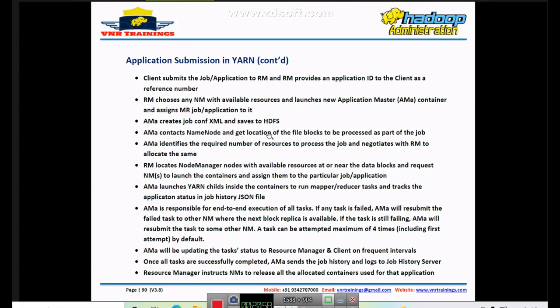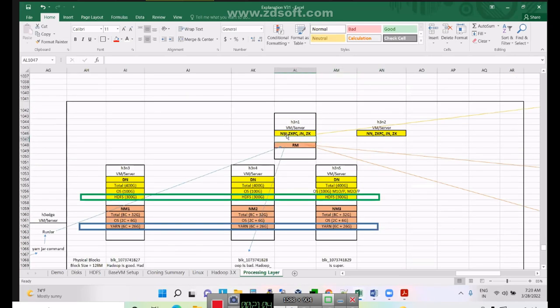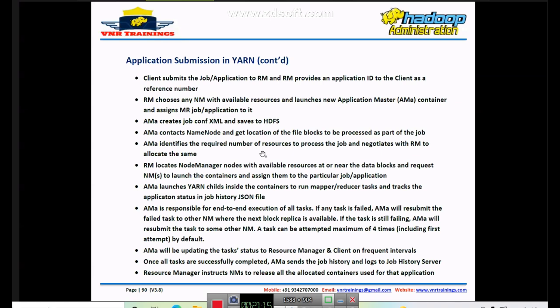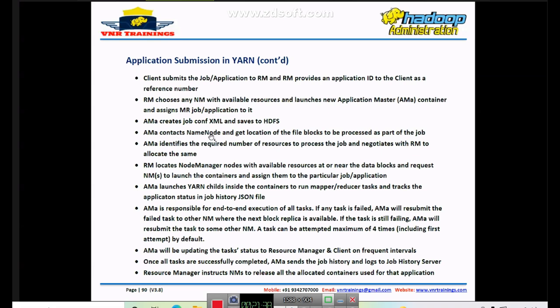The application master contacts the name node and gets the location of the file blocks to be processed as part of the job. The application master asks, hey name node, as part of Alan's job I need to process sample2.txt. Can you give me the sample2.txt file block locations? The name node replies that your sample2.txt file has 3 blocks: this is block 1, this is block 2, this is block 3, and this is the place where the blocks are available. Now the application master understood where the block locations are. Now the application master contacts